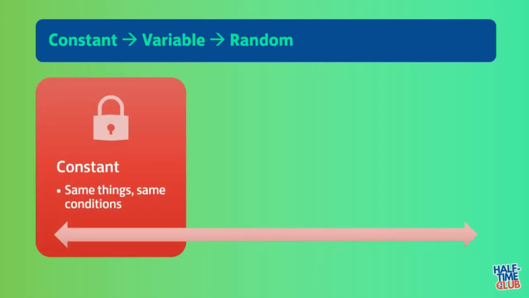So constant. I've got this padlock as a sort of analogy, a metaphor for this. All constant means is we're practicing the same things under the same conditions. So going back to the slide that we had first, which you may be more familiar with, the current education pathway around unopposed practice. An unopposed practice without any interference is probably going to be working at the same things under the same conditions.